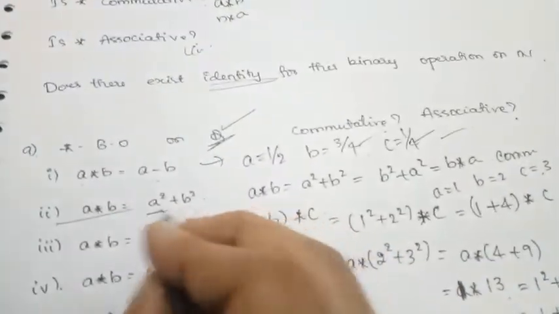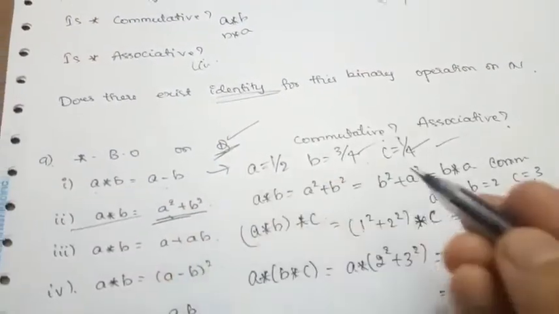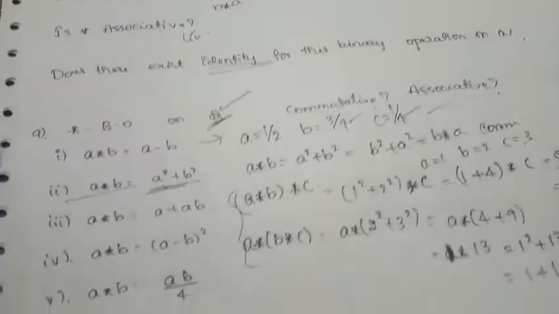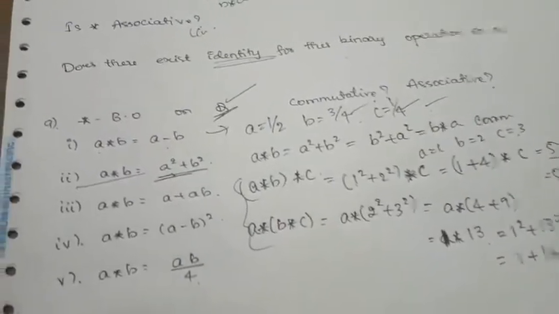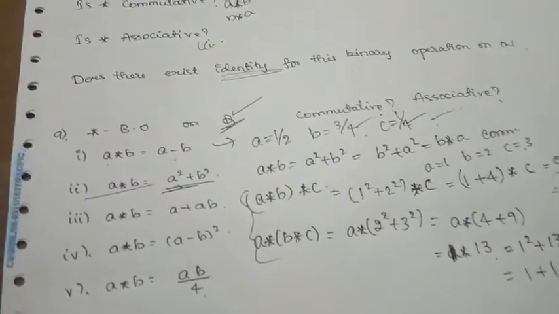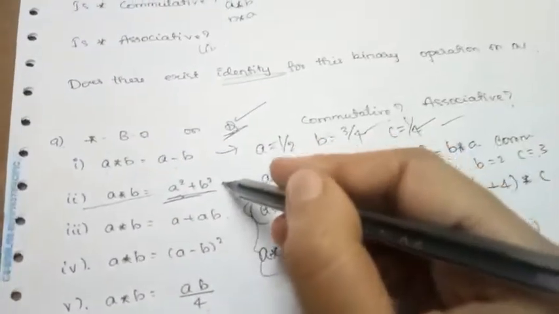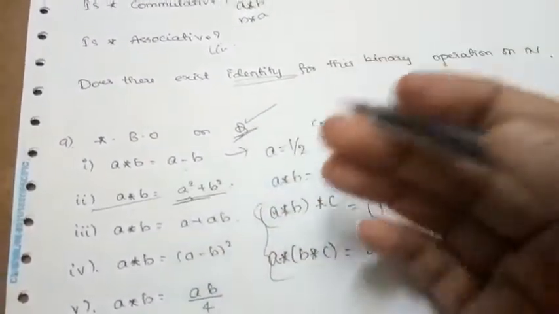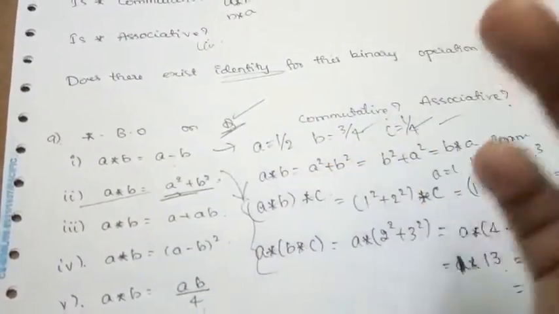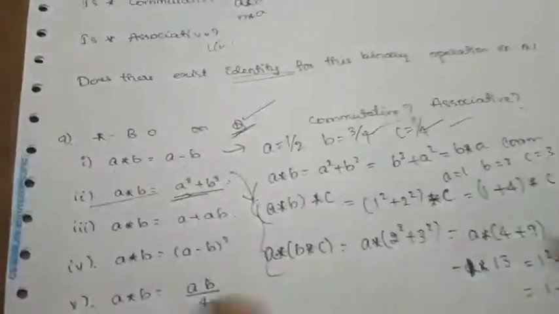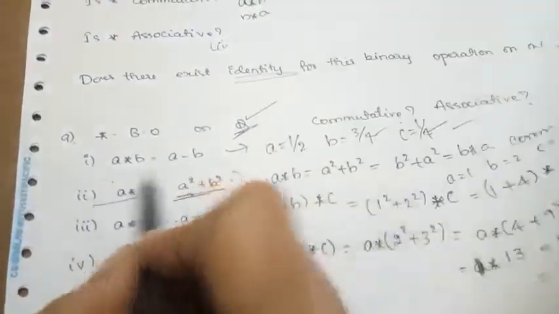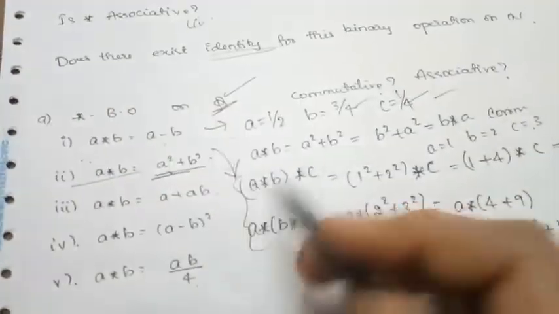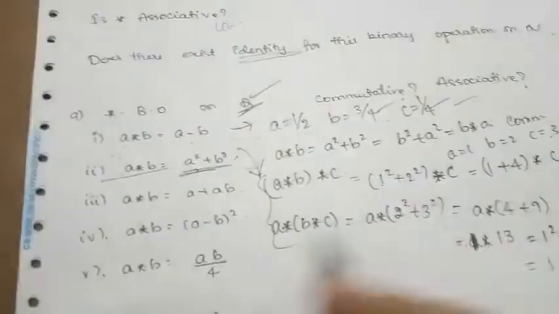So by looking at the question itself, don't judge that it will become associative. Certain times, by looking at them, some binary operations seem associative but are not at all associative. Those who thought that by looking at the question it is also associative, this is one of the best examples. Don't judge the question by looking at it plainly and assuming it becomes associative. Certain times verification also matters a lot.